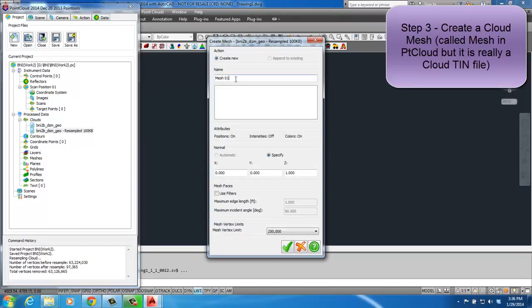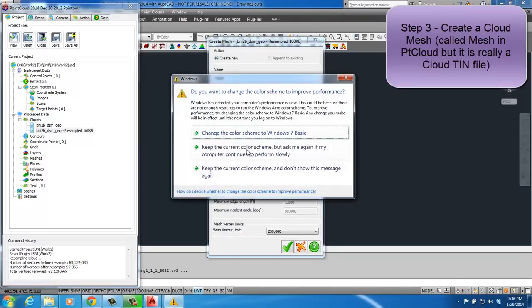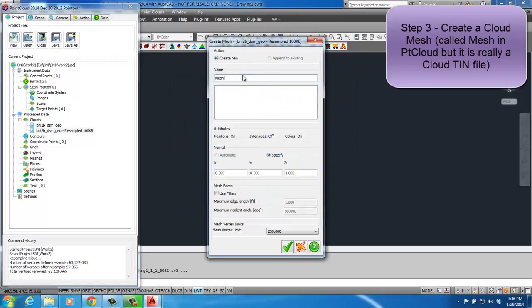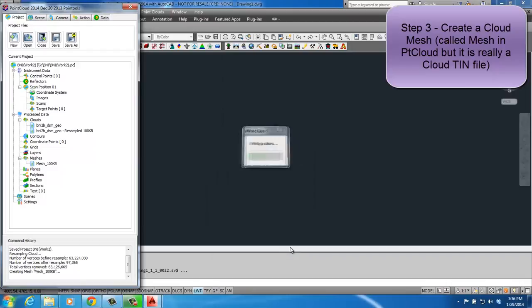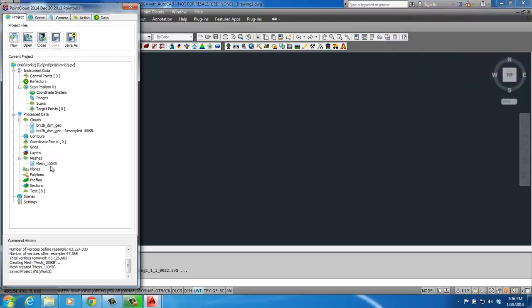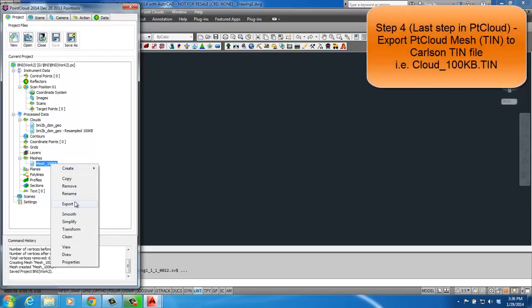And I'm going to come up here and type in mesh underscore 100 kilobyte, and use filters. I'll turn that off. Mesh limit, it's less than 100,000, so I'll take the smallest size. Pick the green button, and now it's going to create a mesh, and there is the mesh file that it created. Again, I'm going to save and come down here, and we're going to go to export,